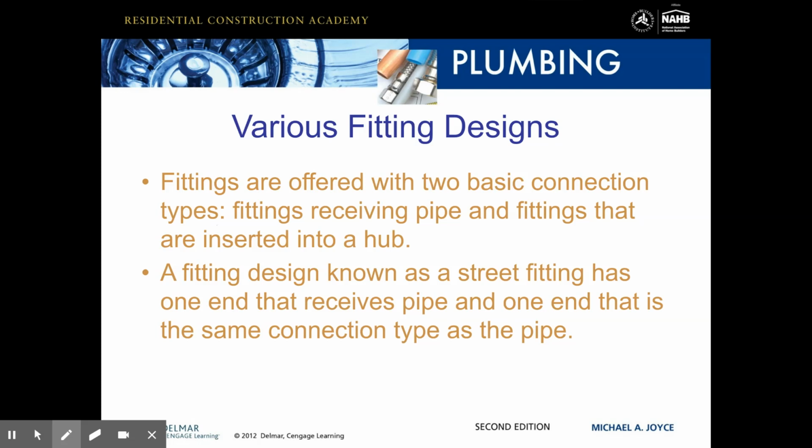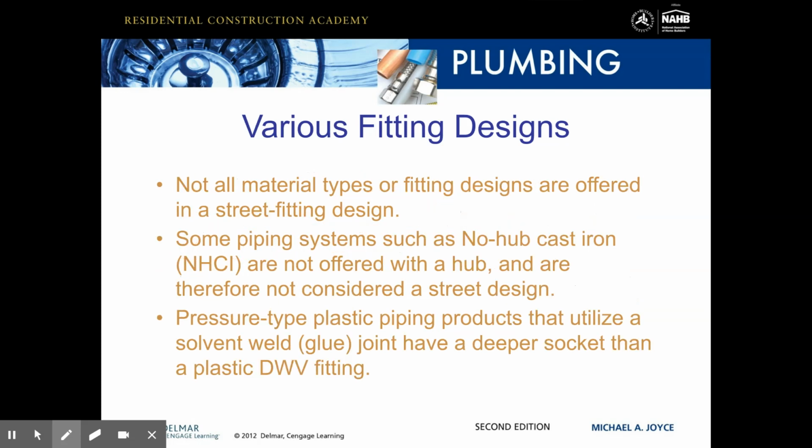Fittings are offered with two basic connection types. So they're fittings that receive pipe and fittings that are inserted into a hub. So one's going to receive and one gets inserted into a hub. A fitting design known as a street fitting has one end that receives pipe and one end that has the same connection type as the other pipe. Not all material types or fitting designs are offered in a street fitting design. Some piping systems, such as no hub cast iron, are not offered with a hub and are therefore not considered